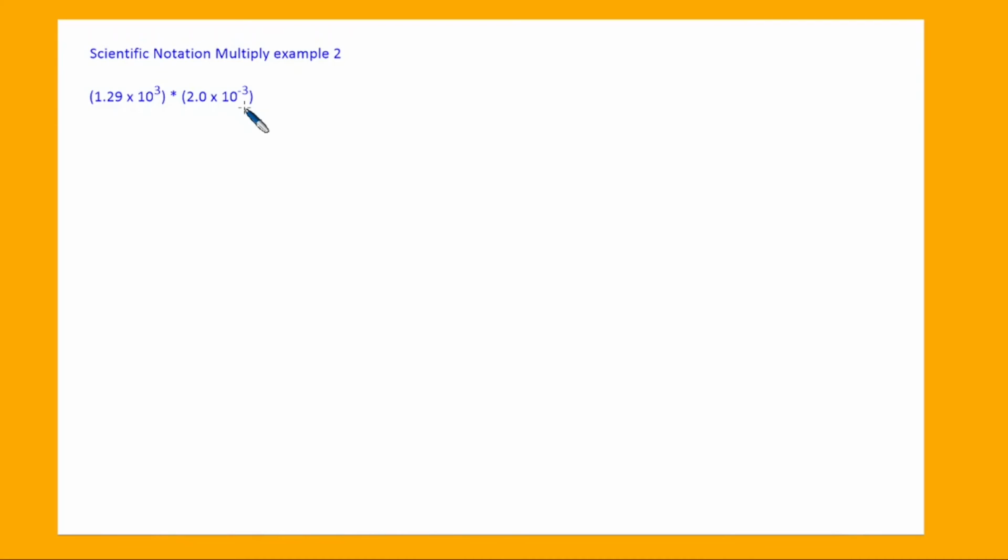So this is a little different in that before we were using all positive numbers in our exponents. This time I have a negative number. But we're going to start the same way, which is that we want to rearrange so that we will put the number part